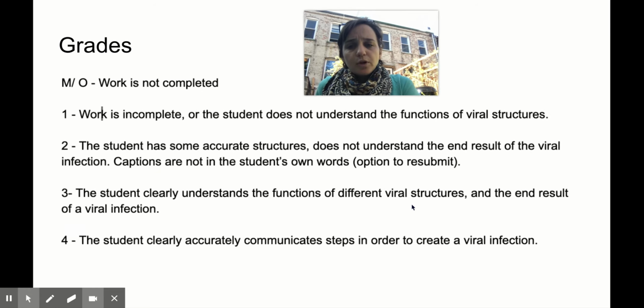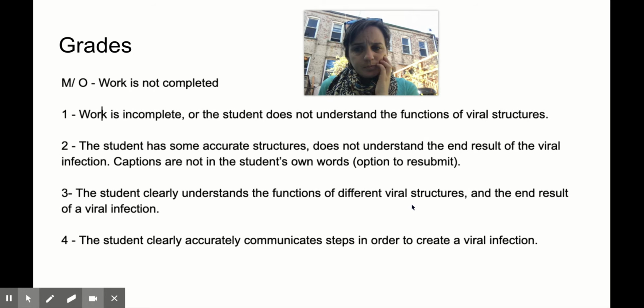Here's an important point. If your captions are not in your own words, the highest you can get is a 2, even if everything is perfect. So if you copy and paste some captions, we'll send it back to you as a 2, and you'll have the option to resubmit it. For a 3,